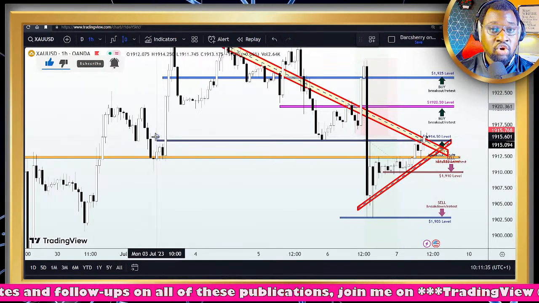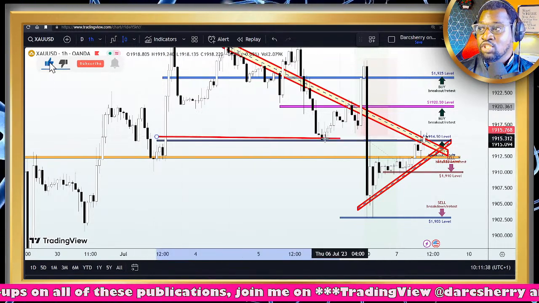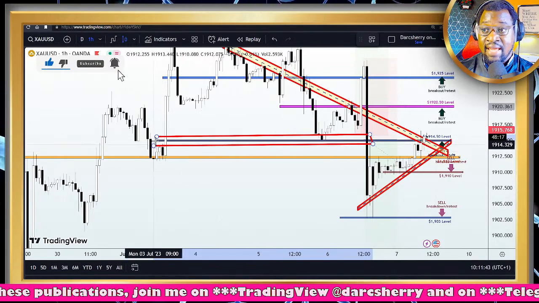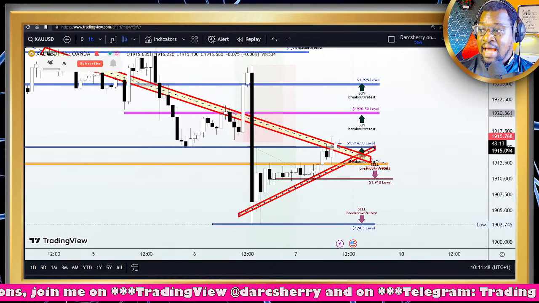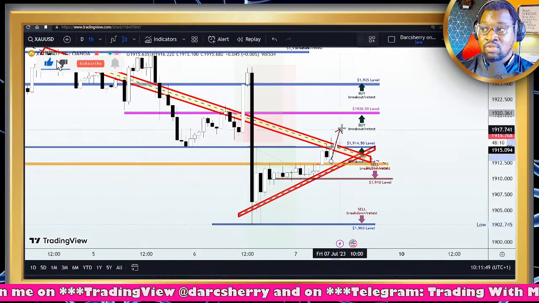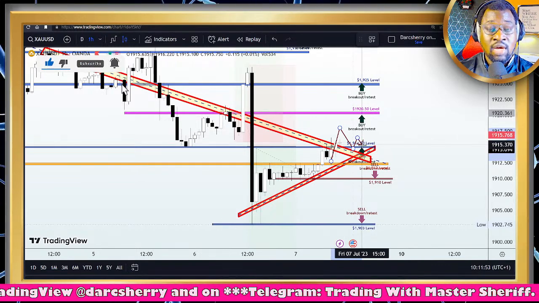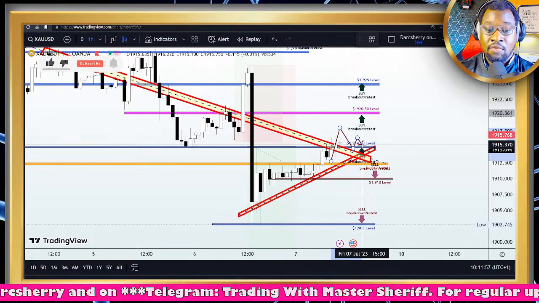We saw a very strong impulsive engulfing bullish candle from that level. We saw the same thing happen here before this level was broken to the downside. So it's a very strong demand zone. So if price breaks out and remains above the $1,914.50 level, I want to feel comfortable in a buy position, and I will be definitely looking out for more